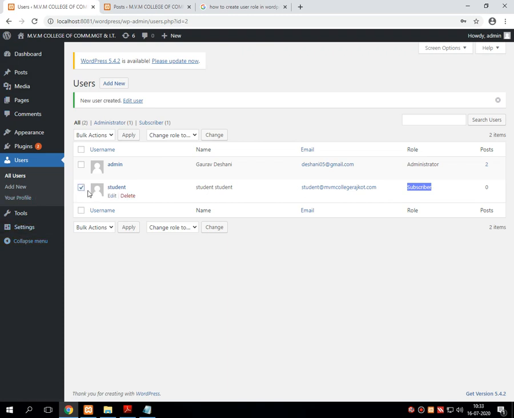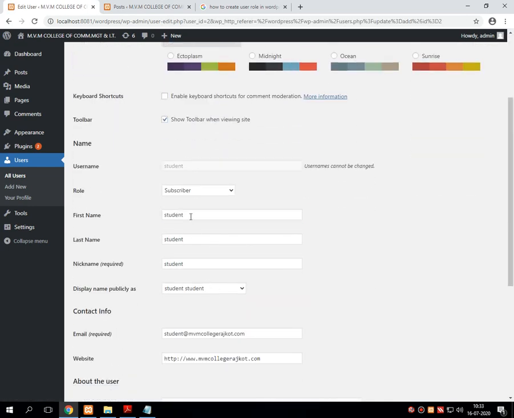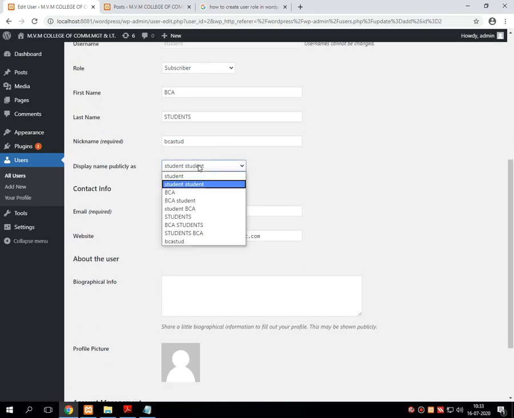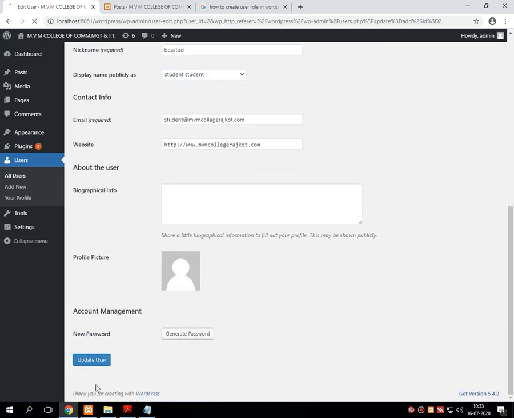Just I am editing this particular information of the student once. Instead of student, over here I am giving BCA students, and as a nickname I am giving BCA student, and then I am updating the same thing.